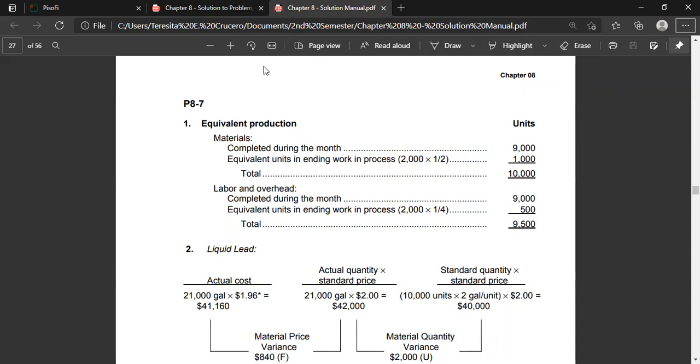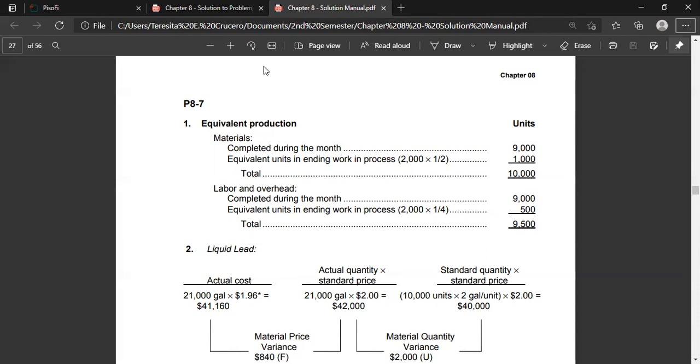Then we have the continuation of production and cost summary. Direct labor hours worked 10,000. Cost of liquid lead used $41,160. Cost of varnish used $60,000. Cost of direct labor